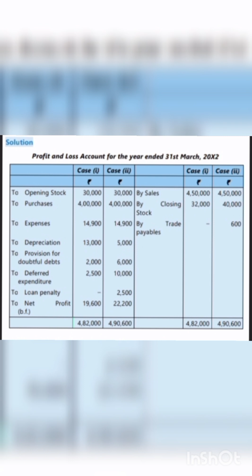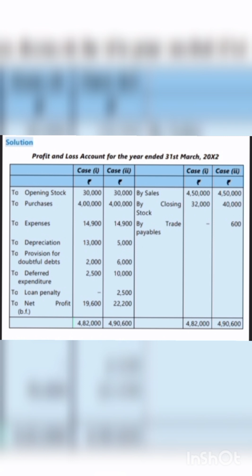Similarly, in not going concern, 4,50,000 minus 30,000 minus 4 lakh minus 14,900 minus 5,000 minus 6,000 minus 10,000 minus 2,500 is equal to